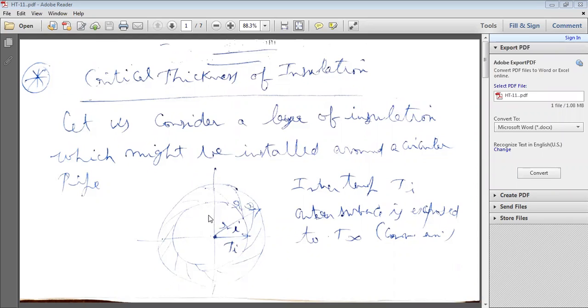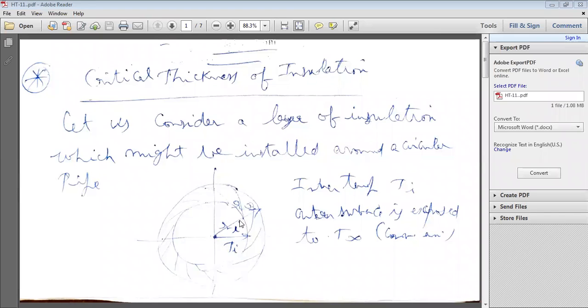Generally, in steam pipelines and boilers, the aim is minimization of heat transfer to the environment. For that, you have to provide an insulating layer on the outer surface of the pipe, with different materials like asbestos, rock wool, or mineral wool. So there are different types of insulating materials. How much insulating material is to be laid down on the surface of the pipe? For example, Ri is the inner radius of the pipe.